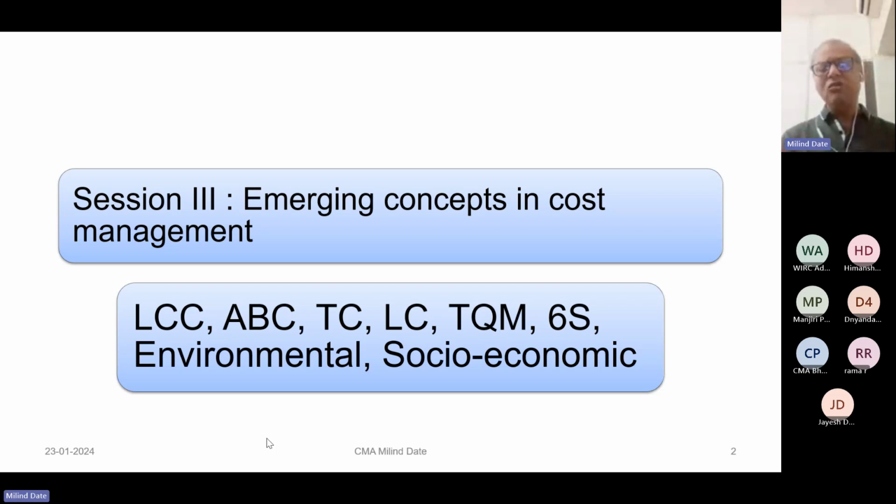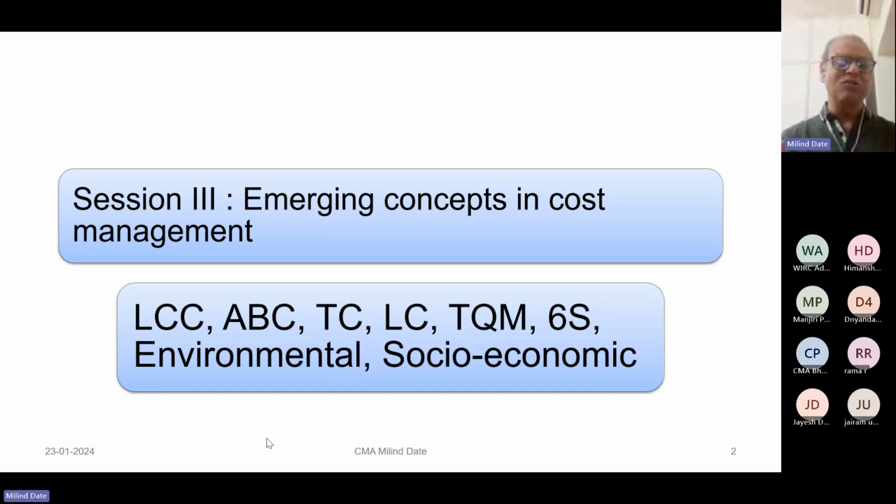But the objective of today's discussion will revolve around how these concepts are to be learned by you who are willing to take the Indian Cost Accounting Service examination. My effort will be to brush up the knowledge of these concepts, which you might have already learned in paper number 15 of your CMA qualification. At the same time, I will also provide some multiple choice questions with which you can check how far you remember these concepts.